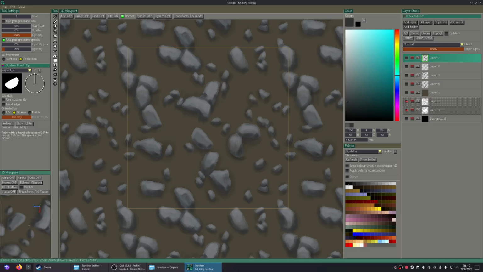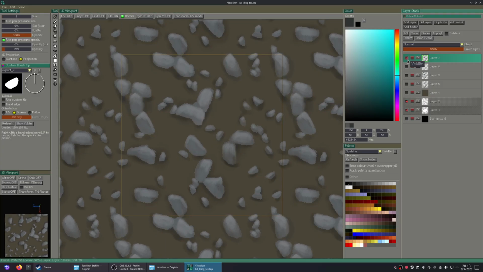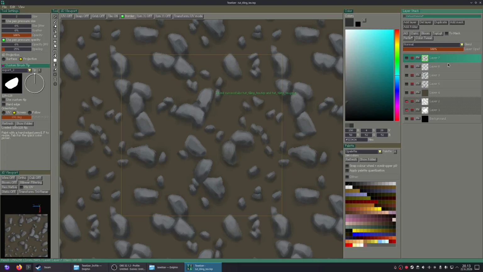Yeah, so I was just looking for the bilinear toggle, but it's actually only on the 3D viewport. Alright, let's try to keep this not too long.